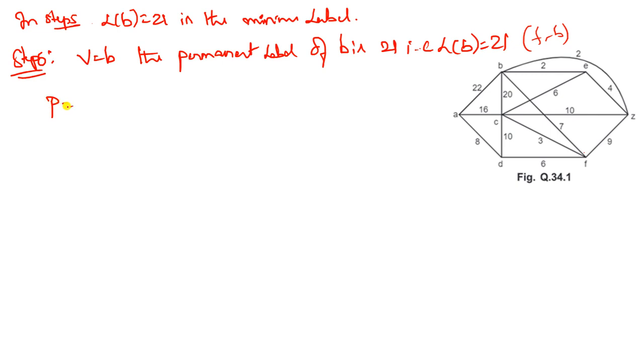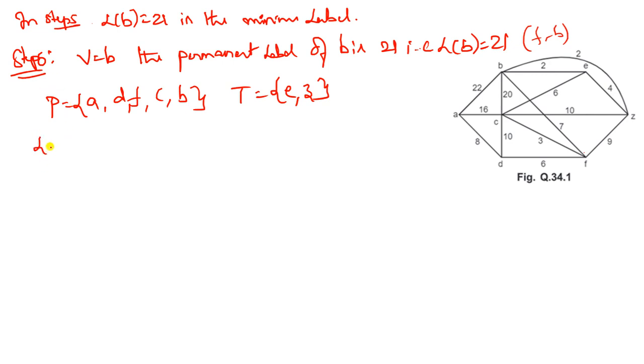Next P is equal to, still we visit A comma D comma C also, F comma F to C and C to B. Actually we do not take the C to B path, we take the F to B path because the nearest one is 21, okay. And next T is equal to what? Remaining vertices E comma Z. So in this particular step 6 we got only 2 iterations, okay.